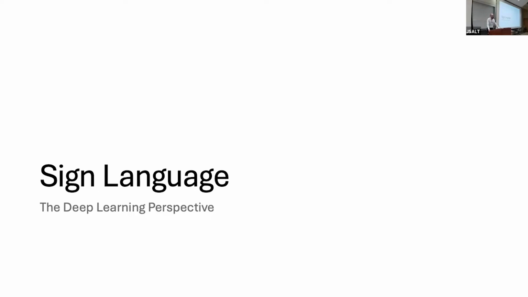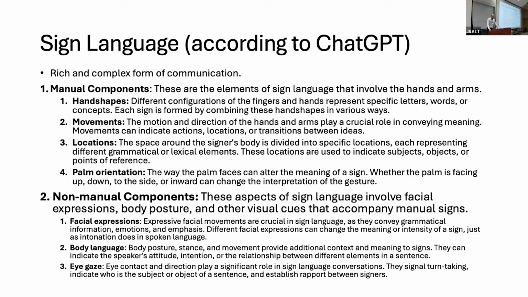Even though we are aiming at the general translation of the language, I don't think that it can be used in a general way yet, because there is simply not enough data and so on. And here I asked ChatGPT, what do you think? What is sign language? And this is the reply. So it's a wall of text, but I will just compress it to: